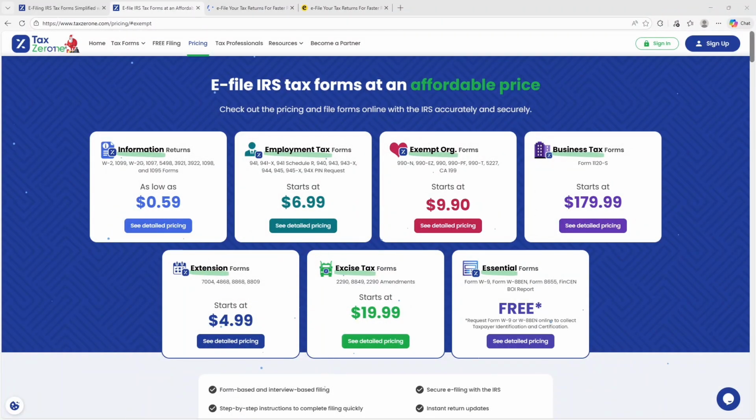Starting with pricing, TaxZerone operates on a fully transparent pay-per-form model designed for high-volume IRS compliance filing. There are no subscriptions, no annual licenses, no setup fees, and no contracts. Information returns such as W2, W2G,